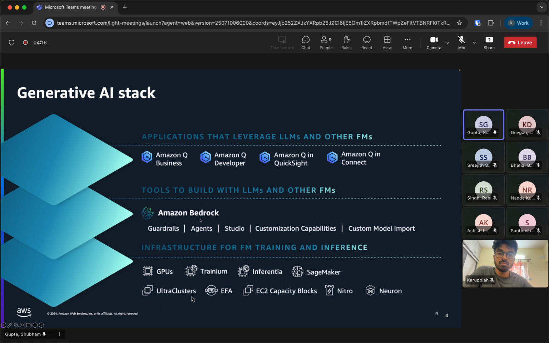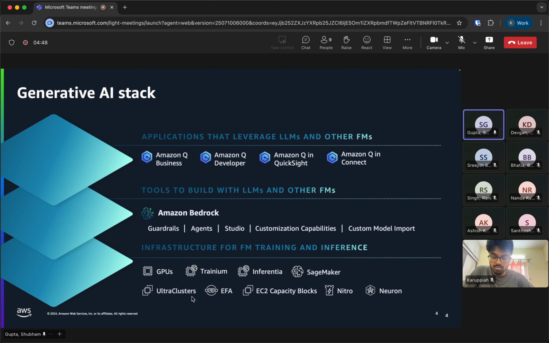In the middle, we have a service called Amazon Bedrock, which is a fully managed service to build your entire end-to-end GenAI agents, GenAI applications, right? And it supports different functionalities like guardrails. You want to make sure whatever input and output goes into your LLM or out of your LLM is following the standards that you want it to, right?